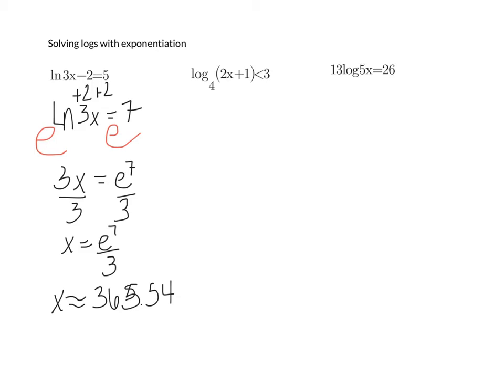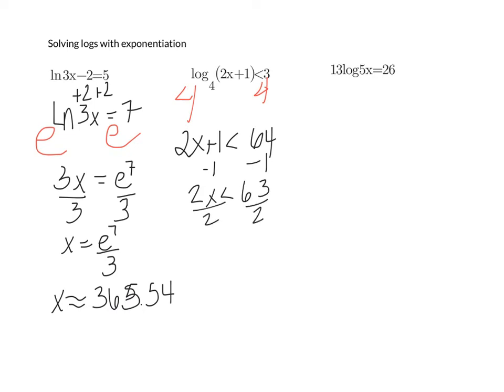So we're going to use a base of 4. Now that 1 is inside the log, so I don't have to move it. 4 to the log 4 of 2x plus 1 is less than 4 cubed. So 4 to the log 4 of 2x plus 1 is just 2x plus 1 less than 64, 4 cubed. And now I can just solve that. Minus 1, 2x is less than 63, divide by 2, x is less than 63 halves, or I can make it a decimal,